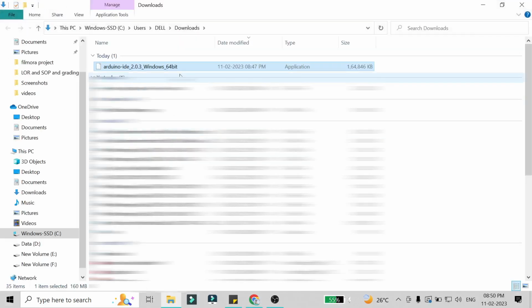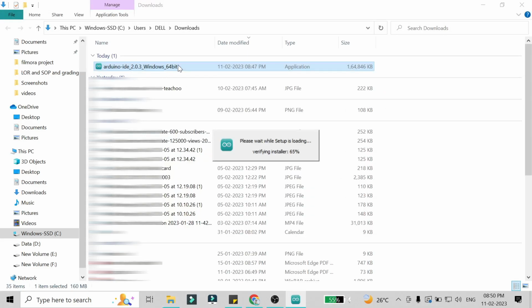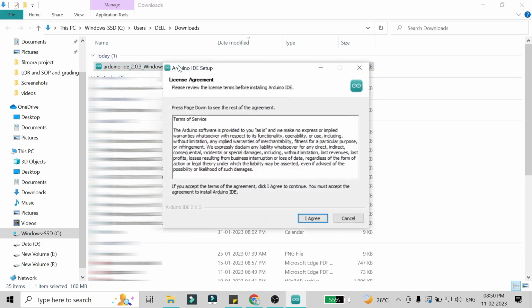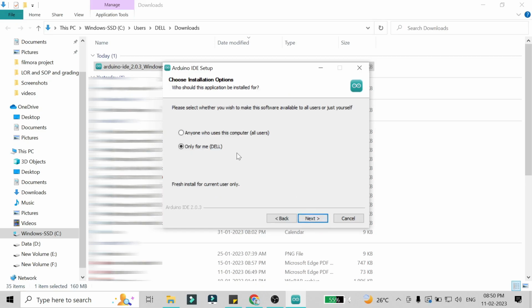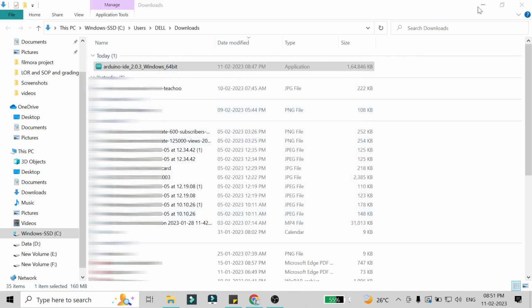Then just go to that folder and just double click on it. So all these terms and conditions, you just say I agree, and it will ask whether you wish to make the software available to all users or just yourself. So I'll say anyone who uses this computer, I'm going to give this access. So I'll just say next,